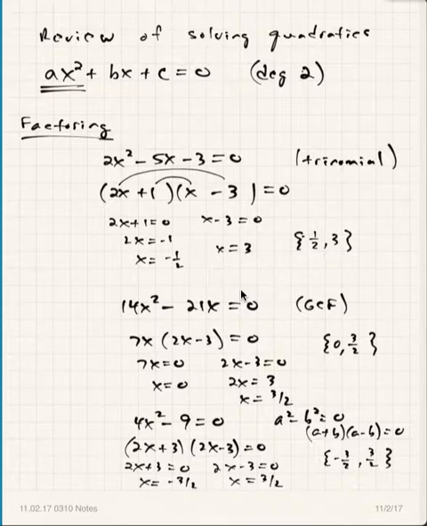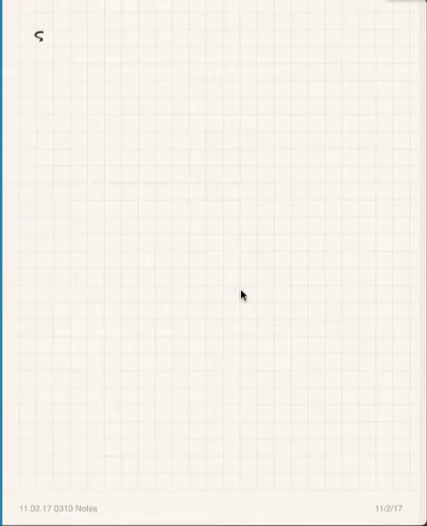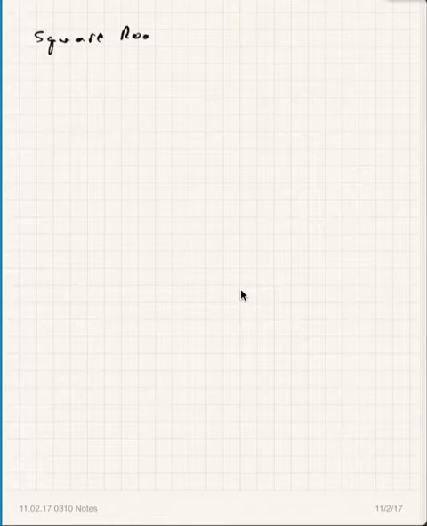All right, so when factoring works, it's not a bad method for solving a quadratic. You do have to have the equation set equal to 0, right? The equation must be set equal to 0 to use this method. All right, the next method that we've talked about, I'm just going back and giving you an overview of all the methods,